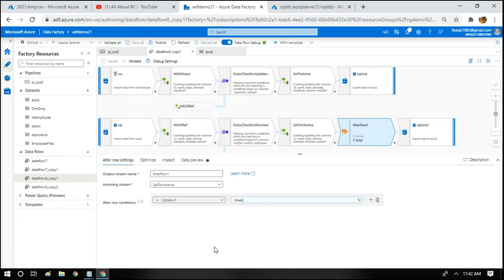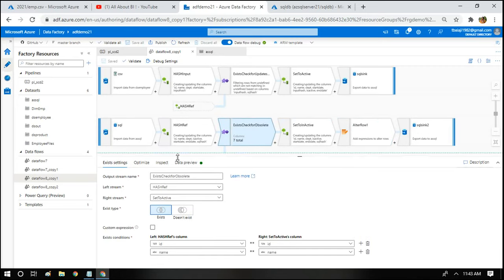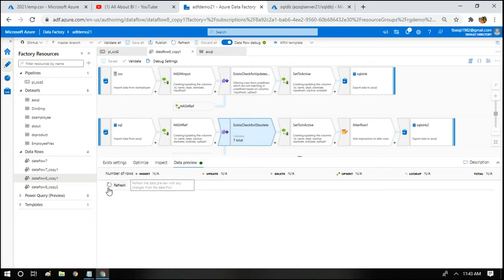Okay, so here we are just choosing update if the condition is true, because we have already decided which columns to update, as the exists transformation has already given you the columns to be updated. If I refresh here, it should not bring us any record, because all the records are going to be inserted. So this is not going to yield any record now.